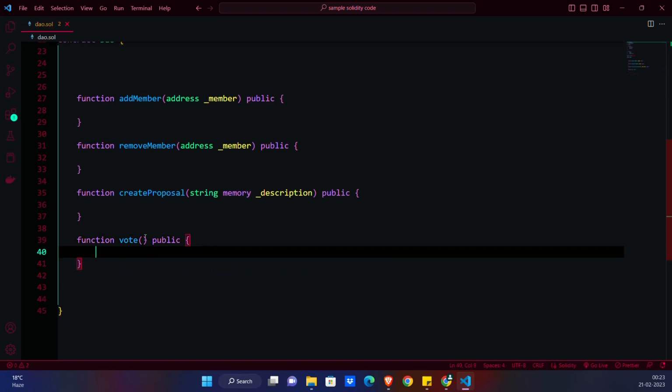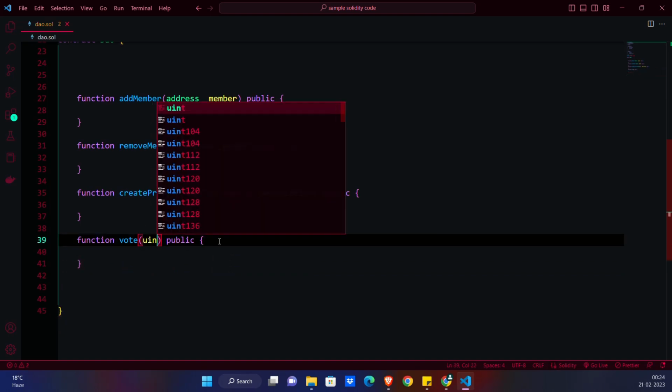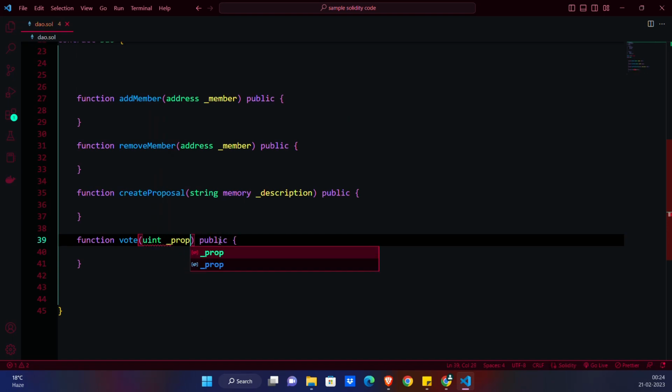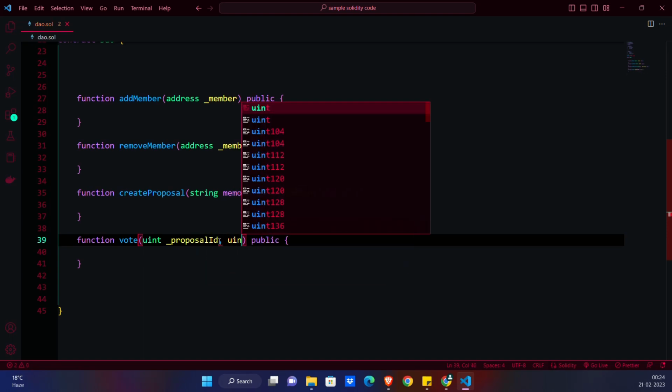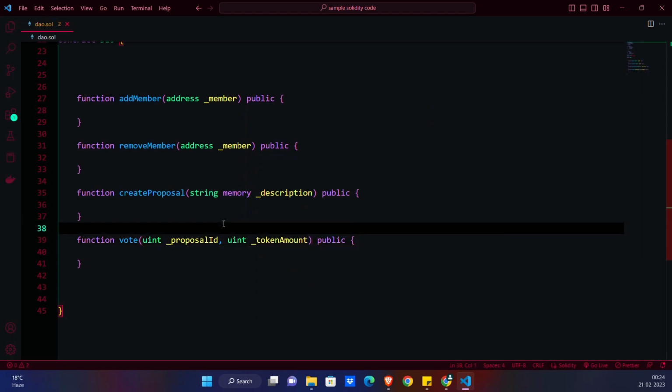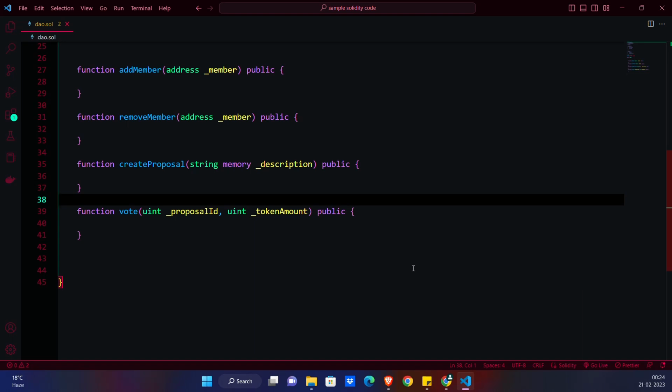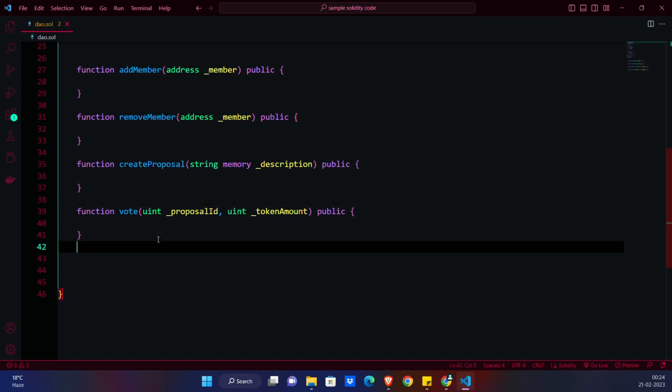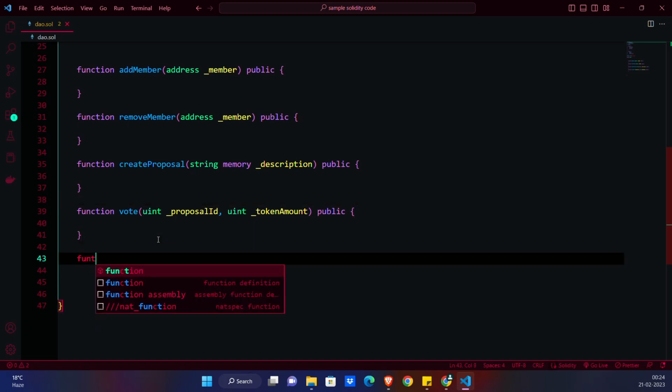Cool. Okay, so as I said, we will give it a proposal ID. So let us just write proposal ID. I'm bad with spellings, not a big deal, but anyways, let's see. Token amount. I just kind of get confused, right? Done. And the last one is going to be function